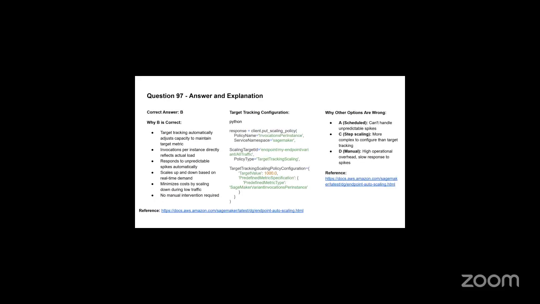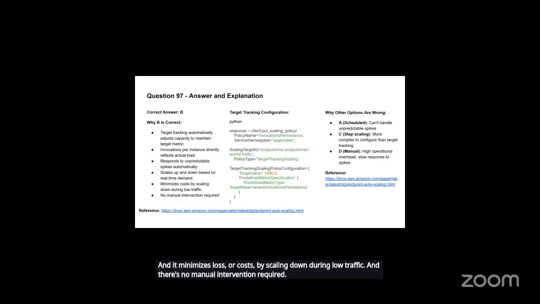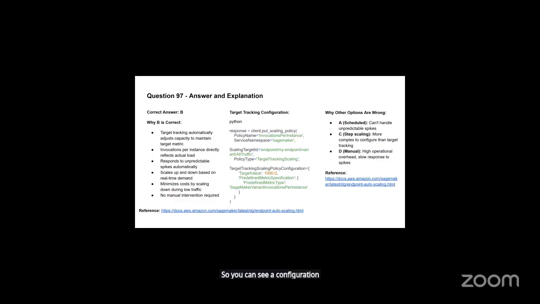B. Target tracking automatically adjusts capacity to maintain target metrics, and invocations per instance directly reflects actual load. It responds to unpredictable spikes automatically, scales up and down based on real-time demand, and it minimizes costs by scaling down during low traffic. And there's no manual intervention required. So you can see a configuration with some Python scripting showing the endpoint, the tracking policy, the target value, and